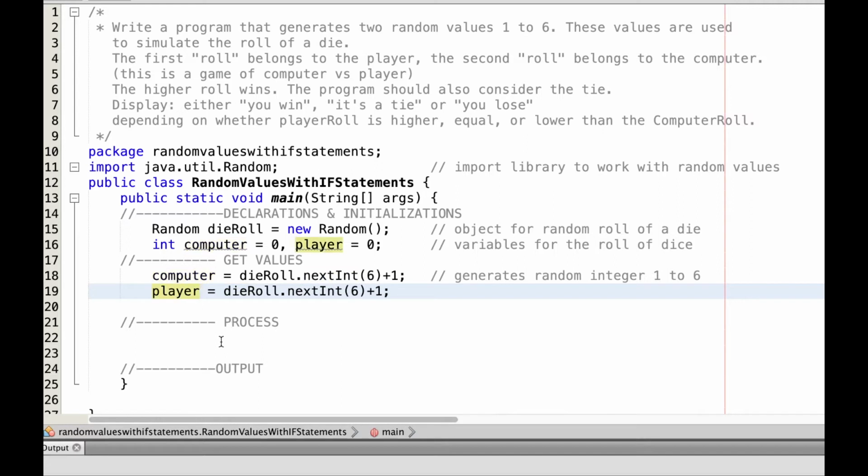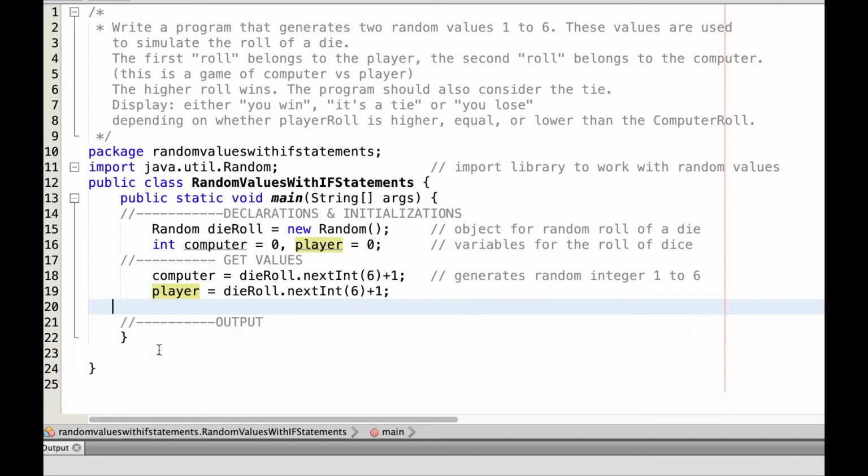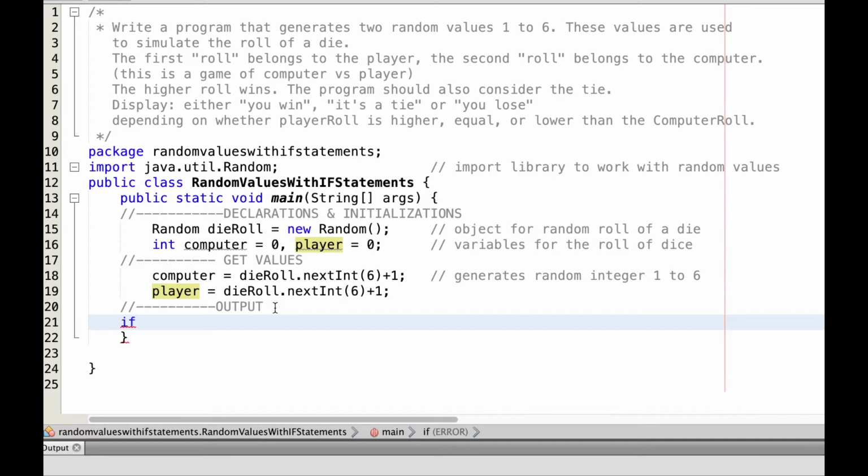So I copy the line of code and I simply change the variable where the value is going to be stored. We don't have a process, so I eliminate that step because once we have the value, let's say 3 for the computer, 6 for the player, I can use an if statement that simply displays to the screen that the winner is the one with a higher value. So we need an if, else statement that checks for